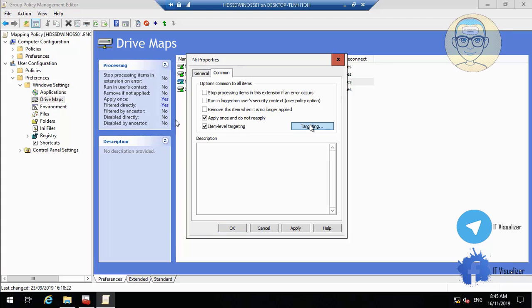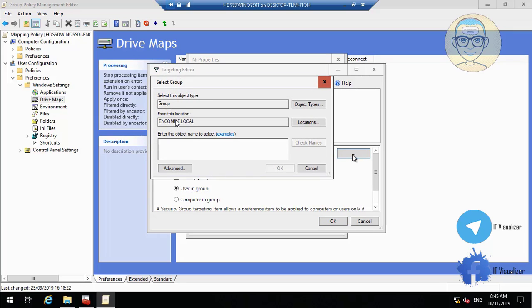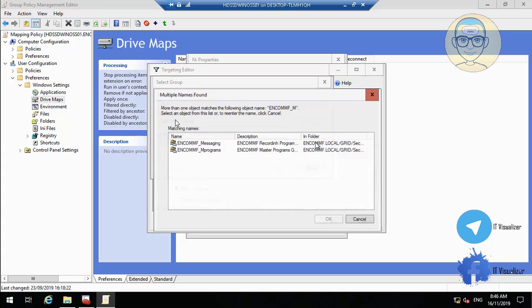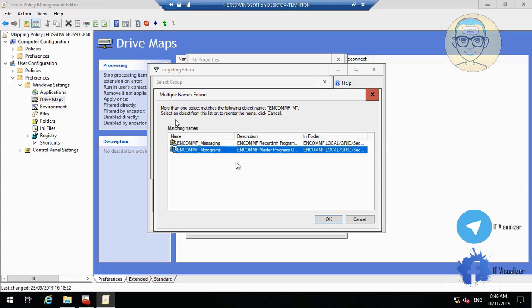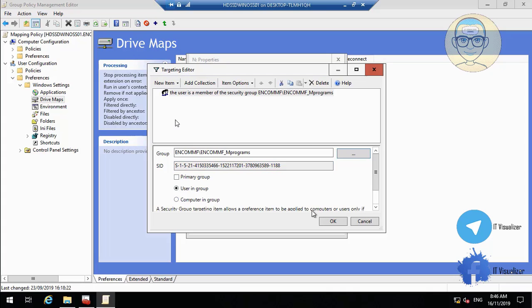Okay, and then common, and then targeting, and then we will change it so it will appear to a certain Active Directory group, which is called encom programs or encom M programs. Okay,